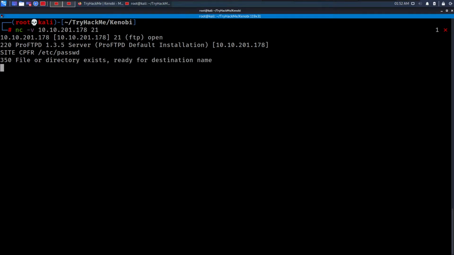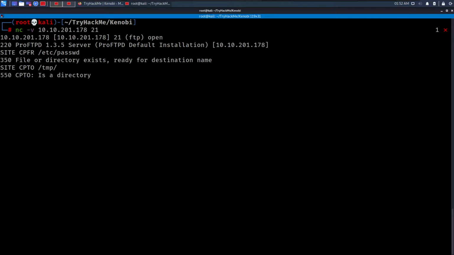So if I hit enter, it says file or directory exists, which means that we can copy this file, and it says ready for destination name. So let's say the destination be the temp directory, so I will say SITE CPTO, and I will copy this to, let's say, temp. So if I hit enter,